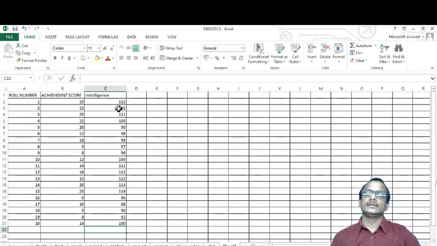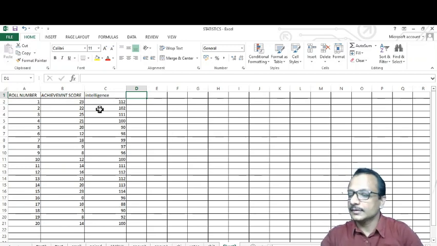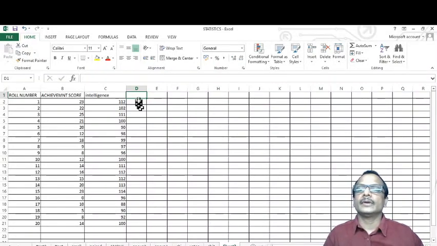These are the intelligence scores, and we want to convert these achievement test scores into percentage.